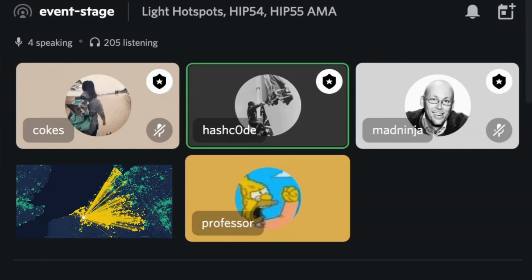I'm just going to sort of knock out a few of them. There's one around offline hotspots. This is related to HIP54, and if they're currently offline, is there any way to remove them from active duty? Today, there's no way to remove a hotspot from the chain, but for the purposes of things like reward scale and interactivity in general,